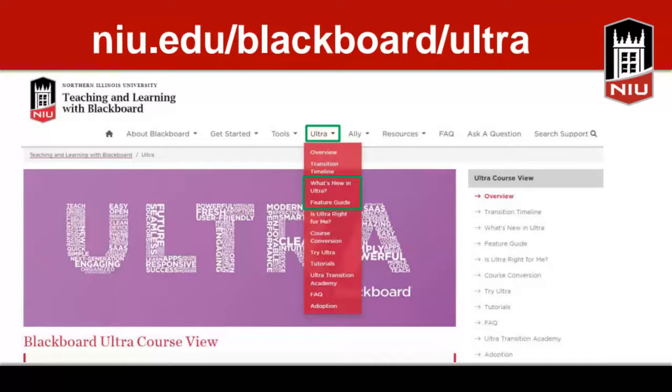So as we're transitioning to Ultra, we have on our Ultra web page a lot of tools for you. And probably the two most important on the page, if you click on that Ultra tab, are this What's New in Ultra and the Feature Guide. The What's New in Ultra is relatively new, and that's something you really want to pay attention to because